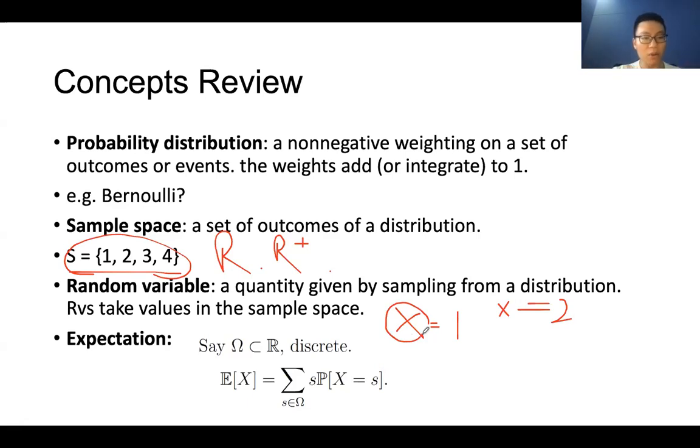Okay, so the next definition is what we call expectation. You may have learned this in your probability course, but I will review it again. So the expectation is like taking an average, right? When you have the value itself and its probability, you multiply those two and sum over all the possible values.